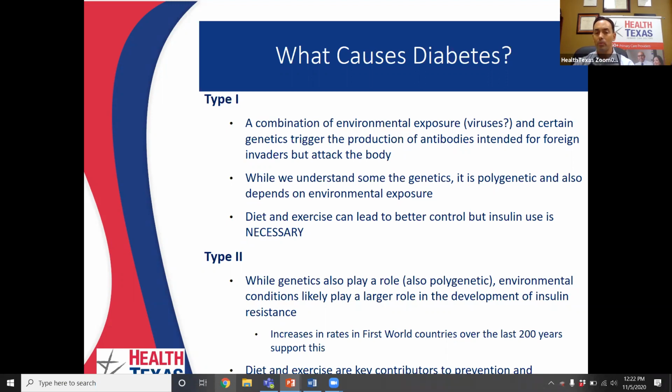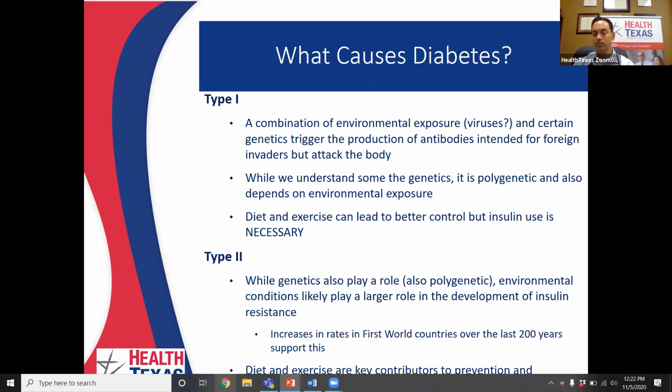And it's also important to know that while diet and exercise can certainly help lead to better control in type 1 diabetes and help insulin regimens work more effectively, it is really not the primary way we treat type 1 diabetes. Type 1 diabetes is mainly treated through insulin therapy, and then we get a little bit of benefit with better